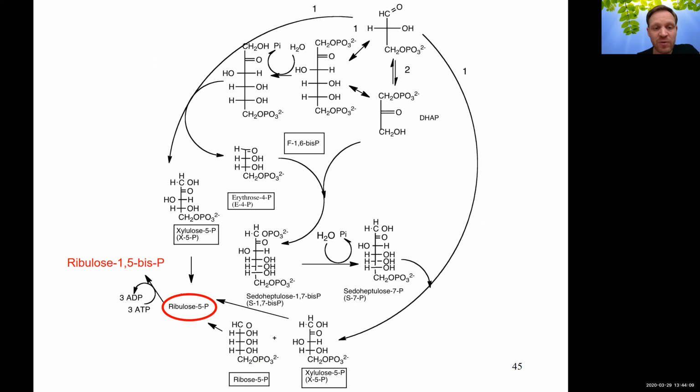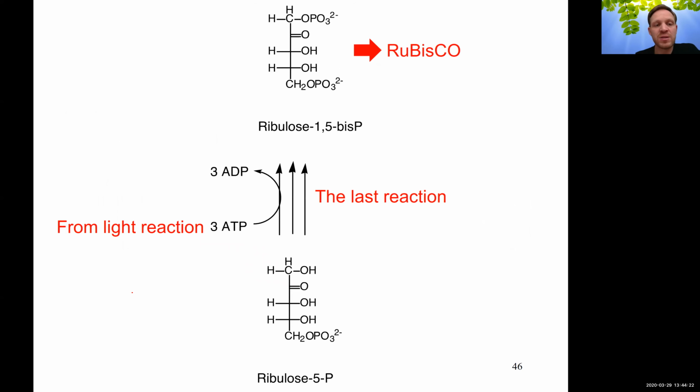Now that we have all ribulose, what we want ultimately is ribulose 1,5-bisphosphate. So we need another phosphoryl group, and we can do this through a kinase reaction. We can use the remaining ATP of your light reaction to phosphorylate your ribulose 5-phosphate to ribulose 1,5-bisphosphate,